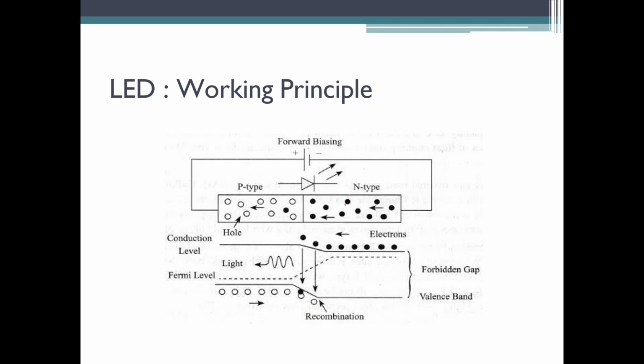And as I said, my electrons are in the conduction band. During manufacturing itself, I would have taken care that the energy levels of the electrons will be higher and the holes are in the valence band. So they have to combine. So how do they combine? Current will be flowing in this direction. Current will be flowing in this direction. So how do they combine? Electrons will combine with the holes.